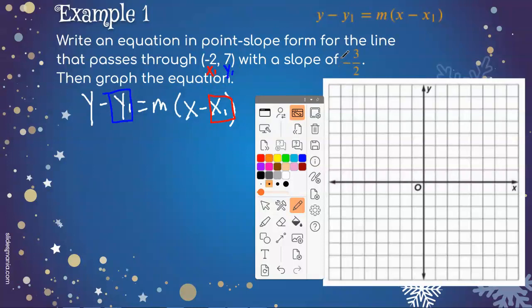And they gave us a slope of -3/2. That's our m, so it's going to go m for slope. So let's plug everything in. Y minus, now be careful, this is backwards in the way of the order that it goes in. The minus is always there, and then it's a 7. Equals, m is -3/2,